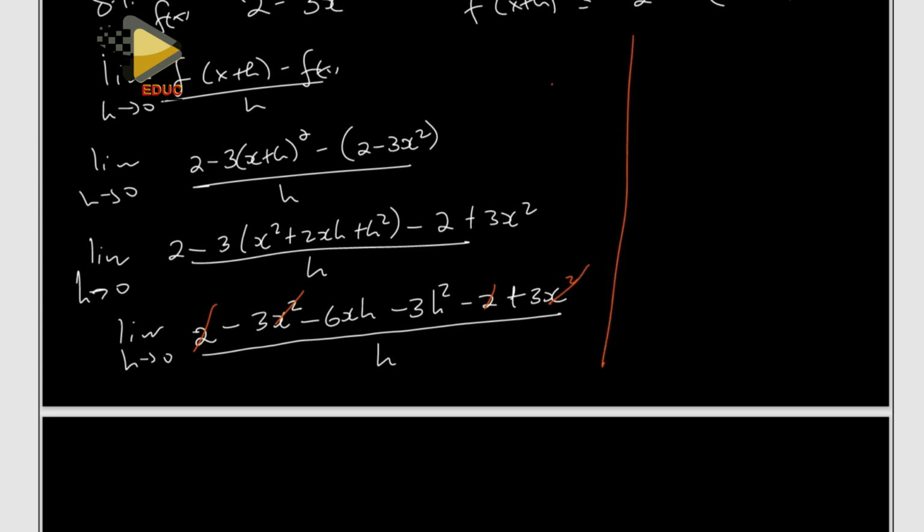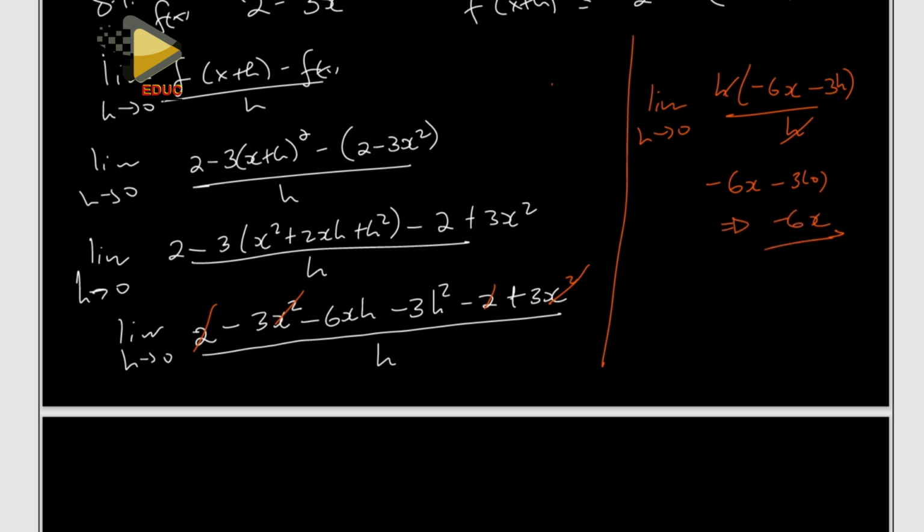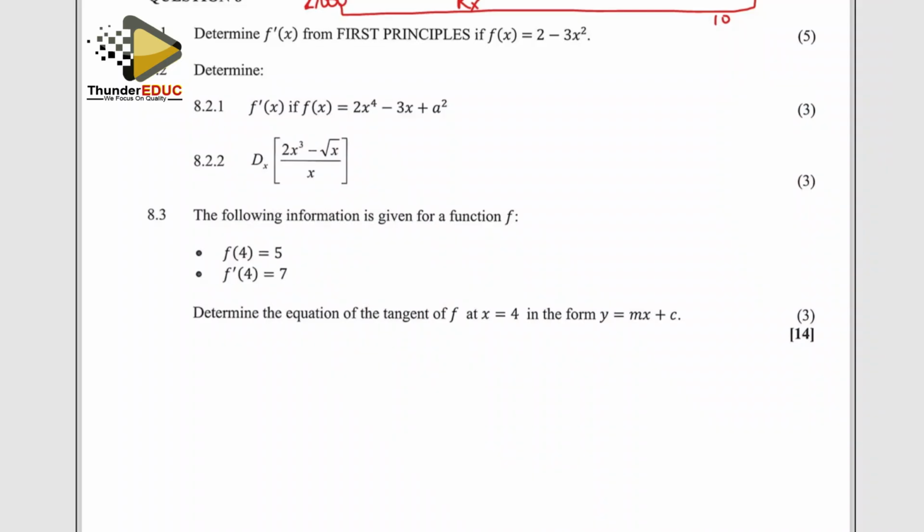So limit, I need to factorize now. As h tends to 0, I'll have h into negative 6x minus 3h. Everything's over h, so this cancels that. Next step is substitution. So negative 6x minus 3 into 0, and then our final answer becomes negative 6x. So if I'm to use the rules, I believe that's what I get. Negative 6x. All right, then